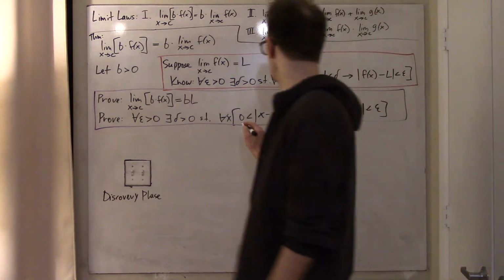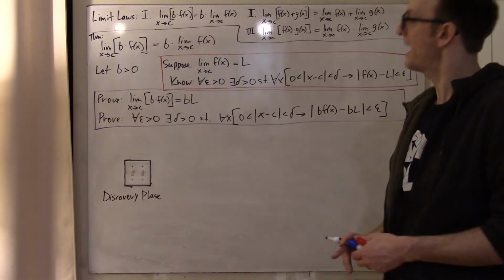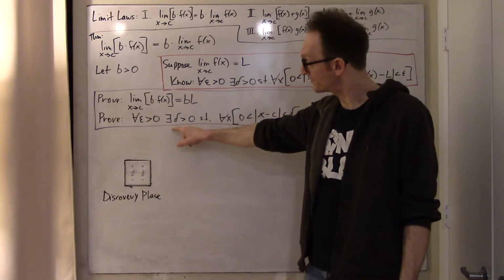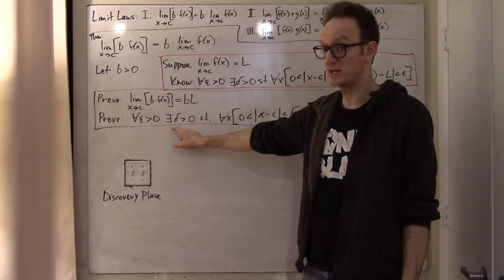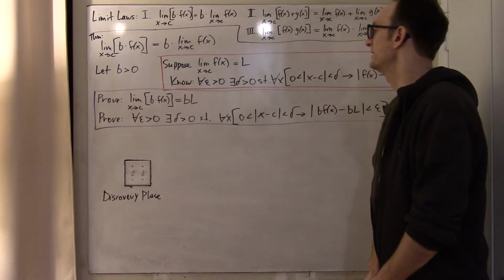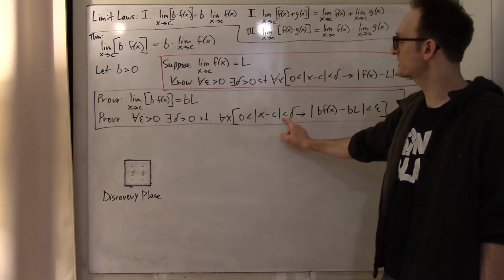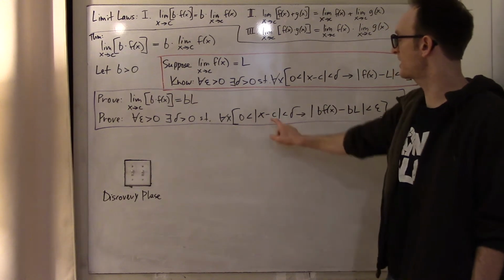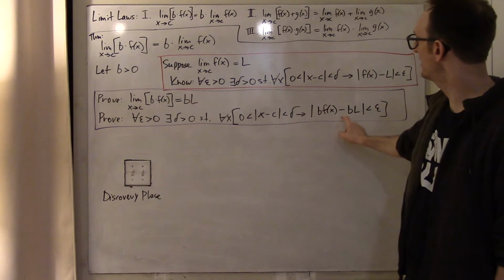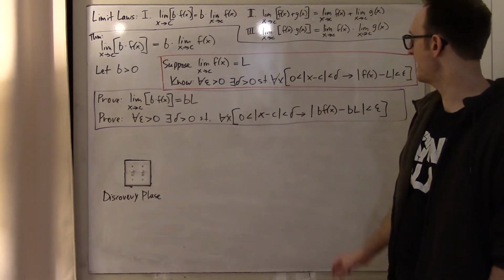And ultimately, what is it that I need to prove here? Well, I'm going to get challenged with some epsilon. I'm going to respond with some delta. And this is what I need to figure out. I need to figure out how to respond. And what should be true about that delta? Well, the delta is how close I need to get to C, such that all those x values have the property that when I plug them into the function, and here I'm speaking of the bf of x function,